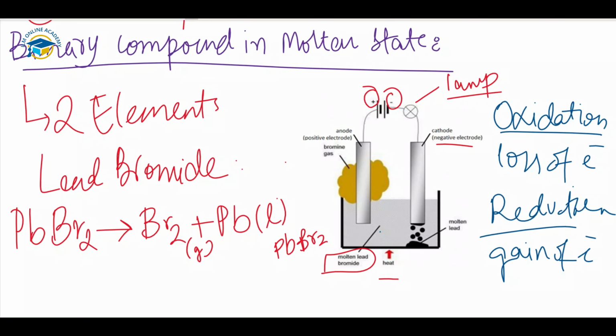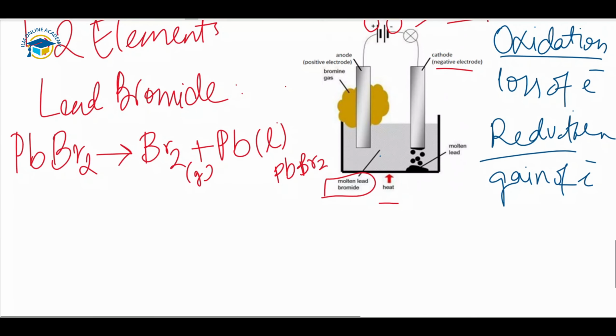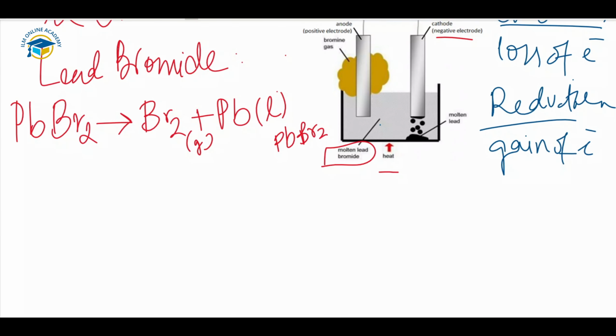So in this process, lead ions are reduced to the lead atom, and I will show you here the ionic equations that happen here. First of all, lead ions that are present in the liquid form are reduced. Lead ions, Pb2+, present in the liquid form, are attracted towards the cathode. Here the lead ions are attracted towards the cathode electrode, because the cathode has a negative